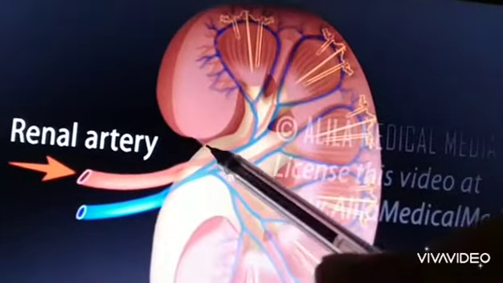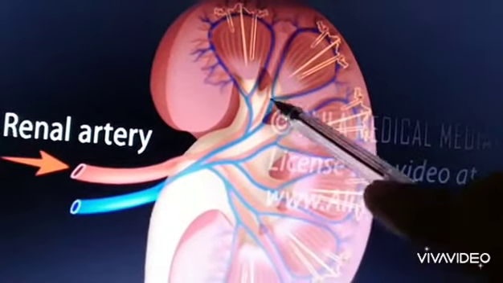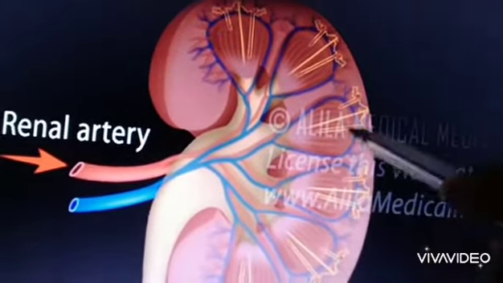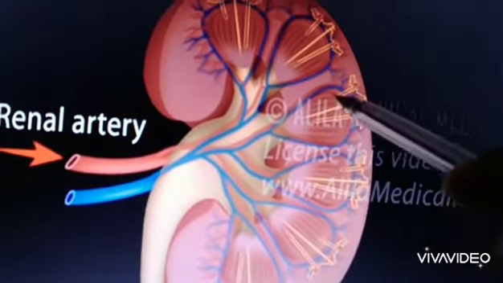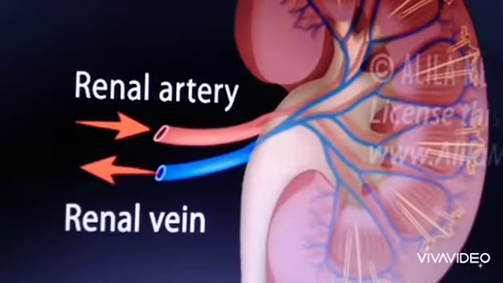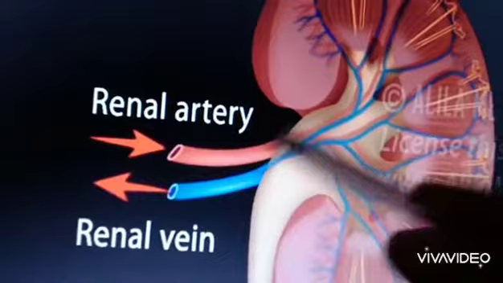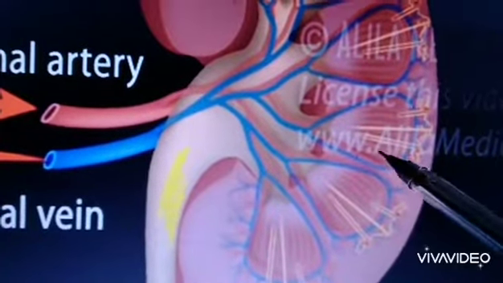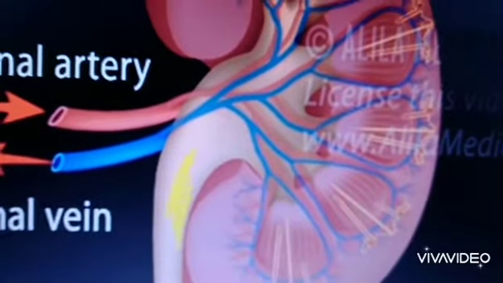As you are observing, the renal artery is divided into arterioles, and these arterioles are connected to the nephrons, which are called the functional units of the kidney. These nephrons are helpful in the formation of urine and filtration of the blood. The filtered blood exits through the renal vein like this. Urine is collected in the collecting ducts and it leaves like this through the ureter.